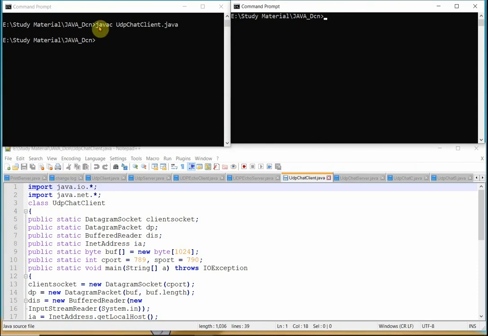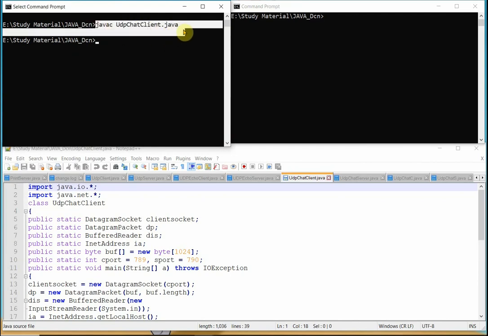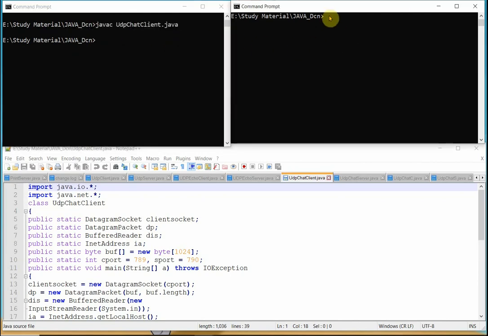I will copy paste this and write server. Okay, now I will run the server side by taking off the .java and the C, and the client side also I am going to run.